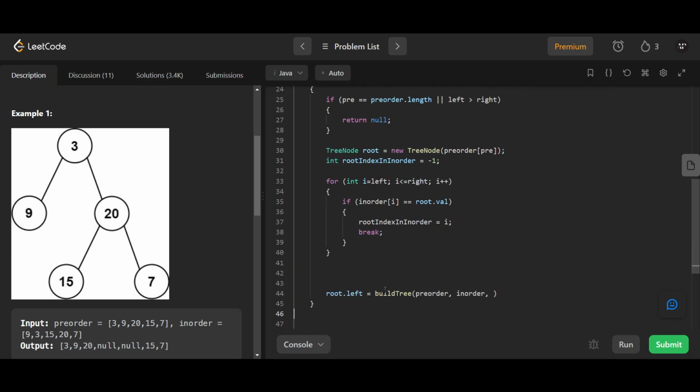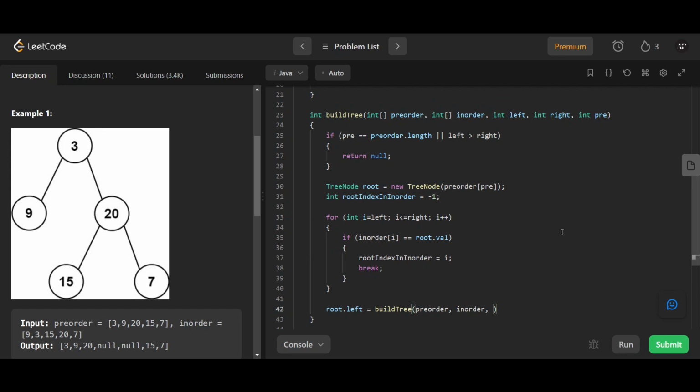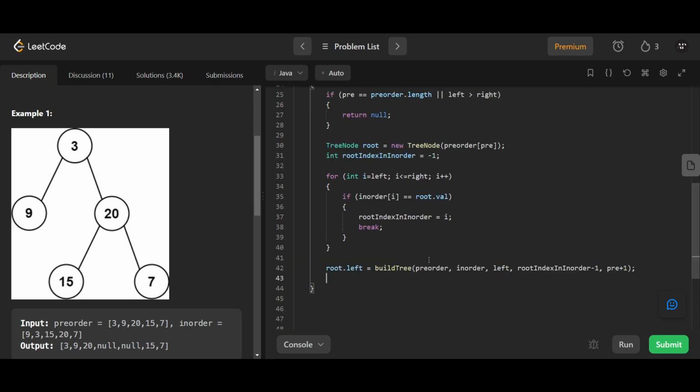And now what's going to happen with this is your root dot left will be pre-order in order. The boundaries for left will change. So left boundary will remain the same. Right boundary will be root index in order -1, right? Left subtree would be on the left of this. So this is this, and once you exhaust left and right, which is where this condition will help, I guess. So, and pre plus one, you're always processing one guy next, and then root dot right equals to, again,